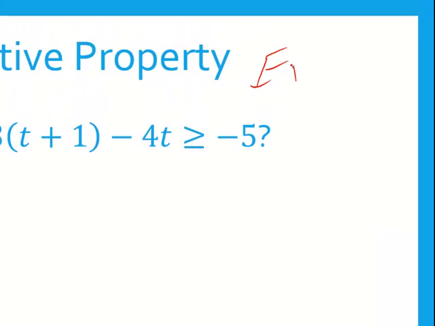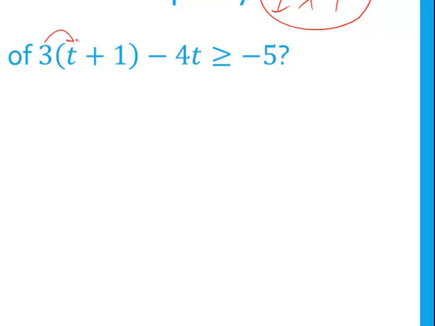Okay, and then last example, example 3. This is where that little bit of information comes into play, the division property of inequality. So let's go ahead and figure this out. What is the solution of 3 times t plus 1 minus 4t is greater than or equal to negative 5? So again, solve it the same exact way you would an equation. So we have a parentheses, and we have a number on the outside. So distribute using the